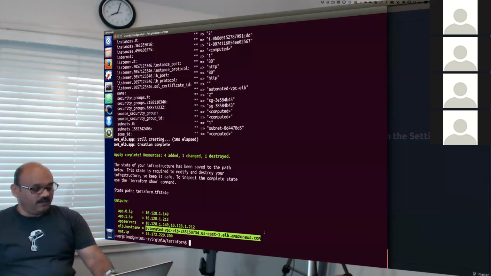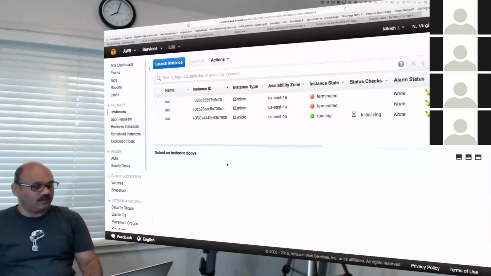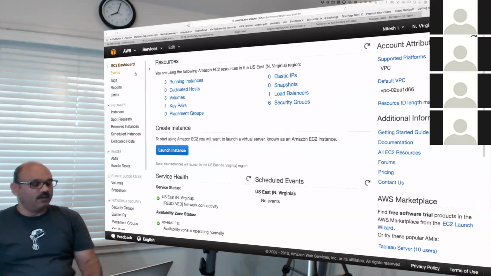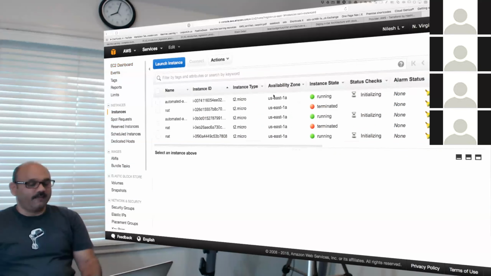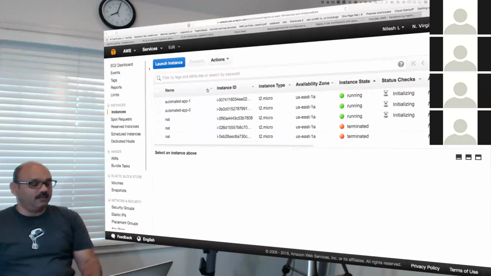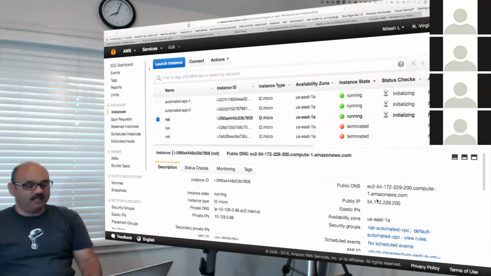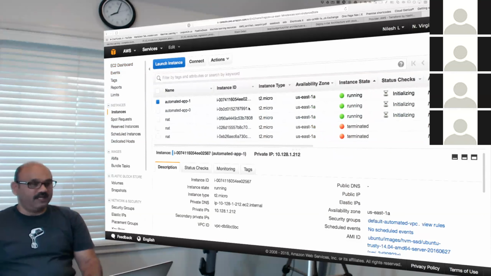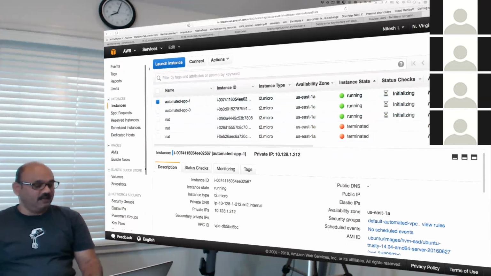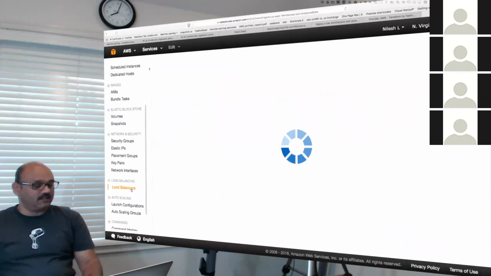And so we should now go to the Amazon cloud and look at the dashboard. We have now 3 running instances. So we have the automated machines app 0 and app 1, 2 boxes. And then our NAT machine running here in this location. It also runs as our VPN. On these 2 boxes, we have Nginx running. And we should be able to see that very easily by going to the load balancer section.